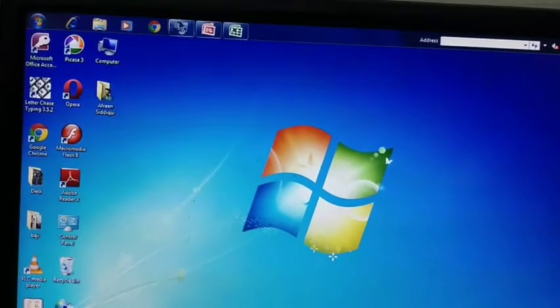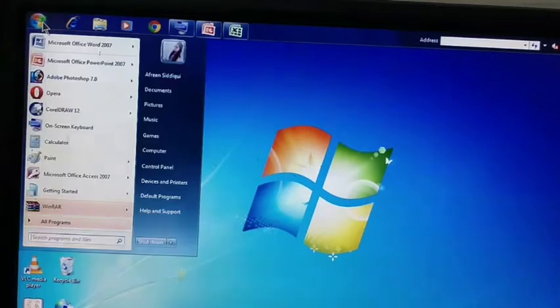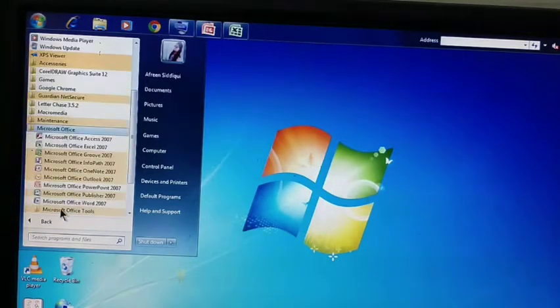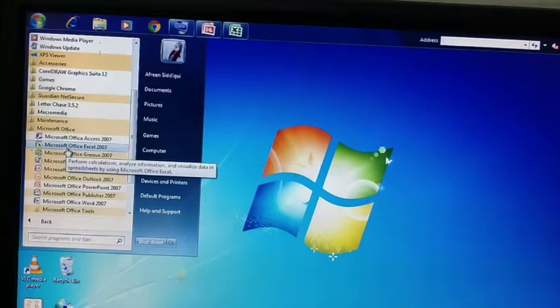So firstly we need to open Microsoft Excel and click on the start button. Actually in my system I have placed my taskbar on the top of the window, so it may be at the bottom of the window. Click on the start button. Now click on all programs. After this select Microsoft Office, and after this select Microsoft Office Excel.